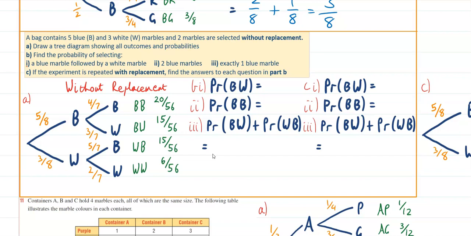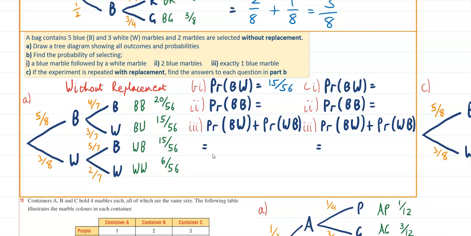So be really careful with this without replacement kind of setup. I've left my final values, as you can see in green, unsimplified. We'll simplify as we go, but as we start adding these fractions together, it's probably easier if we have a common denominator. So, find a blue marble followed by a white marble. Blue followed by white would be 5/8 times 3/7, which is